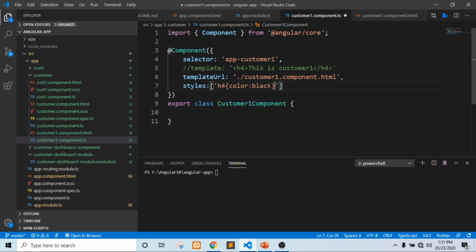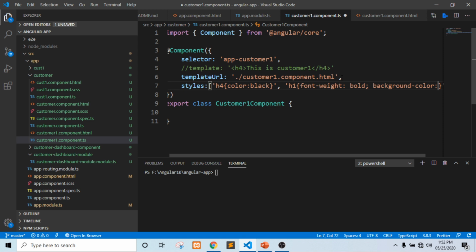This way we can provide classes or CSS here also. If we have multiple classes, then we can put h1 and font weight bold or something. There can be different attributes like color, background color, suppose red.